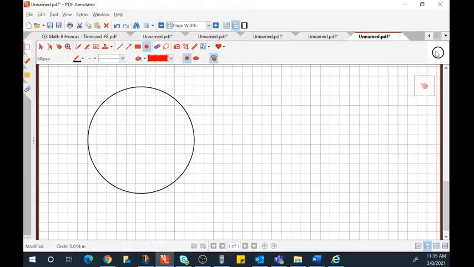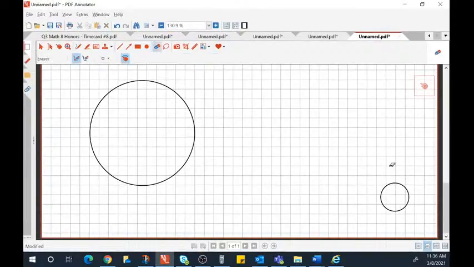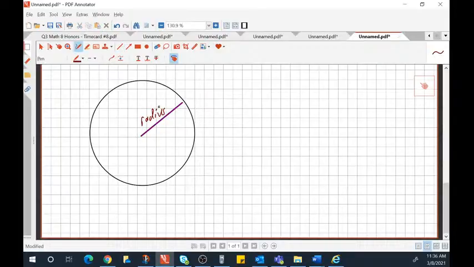So remember, we're going to label the radius, and then you're going to cut out your circle. Because what you want to have